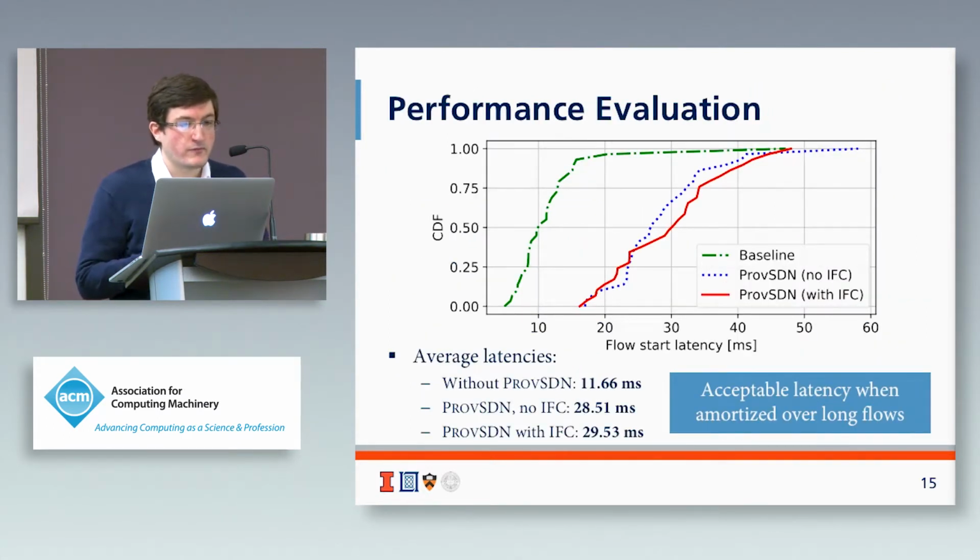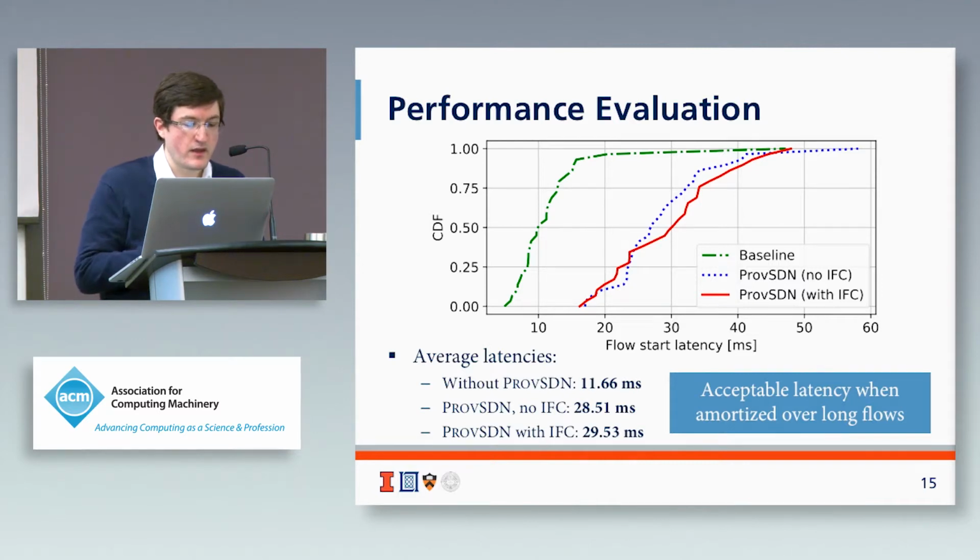We tested the performance of PROVSDN using a metric called flow start latency. Essentially, this metric looks at the time that's required for one end host to be able to communicate with another end host in the network if the SDN control plane has never seen this host before. Generally, it goes to the first switch. Since the first switch in the network doesn't know what to do with it, it sends the request up to the controller. The controller decides what to do, instantiates a flow rule, and then allows the two end hosts to communicate with each other.